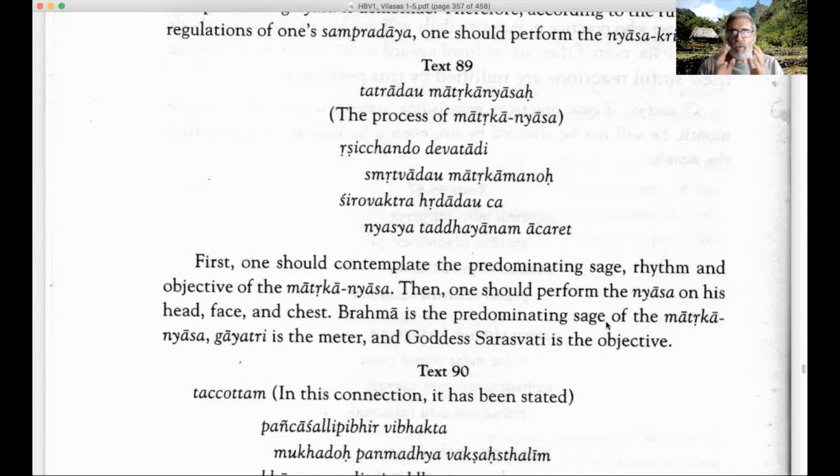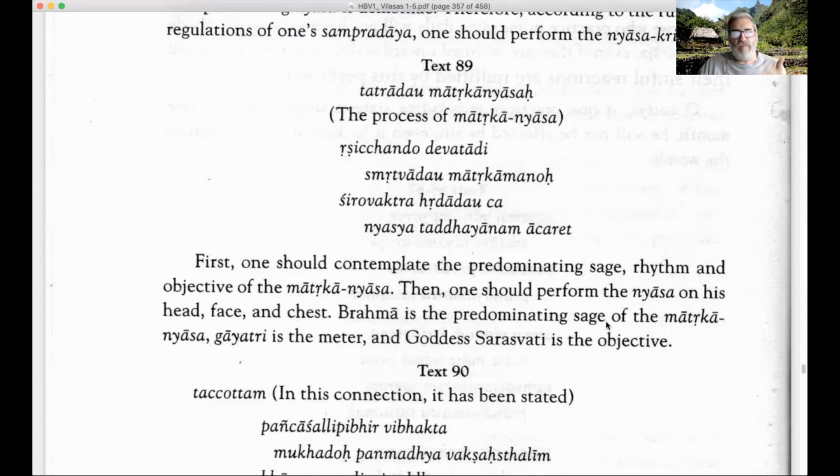Now, what's the point of doing matrika nyasa? Before we can chant any mantra, we have to propitiate the goddess of the different letters of the alphabet that make up the mantra. Every mantra, every sound is made up of syllables, and the syllables are made up of letters of the Sanskrit alphabet, and each one of them is represented by a particular goddess.